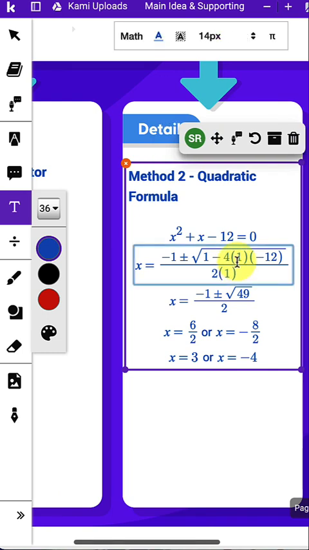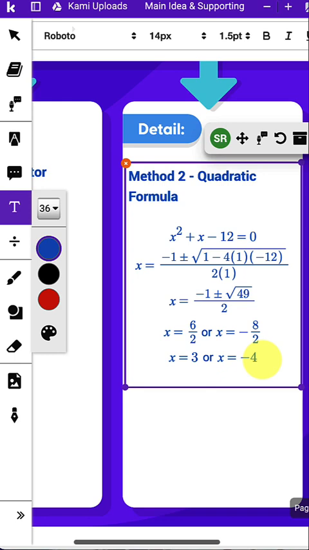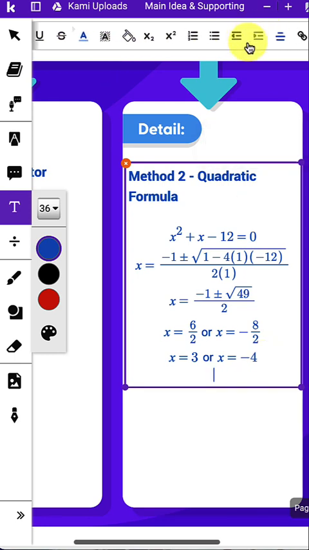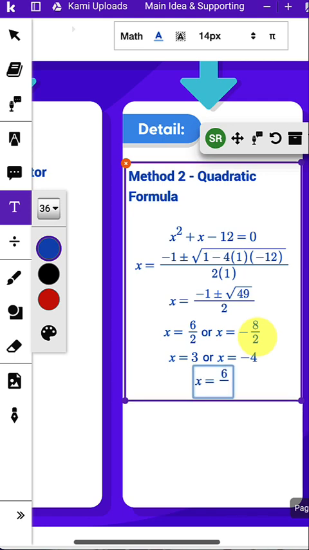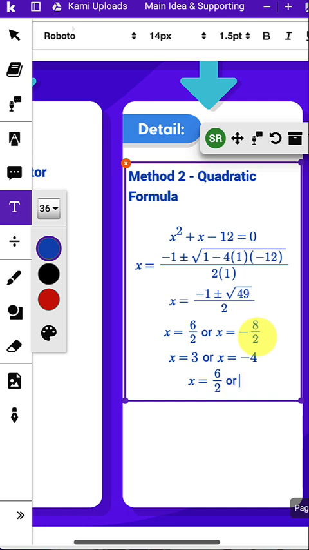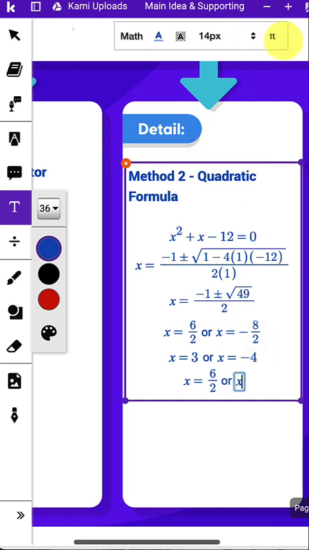So let me dig into how I did this one, which is a little more complex. To make another line, I just pressed the enter key. Then I went back over and just typed in a new equation for each separate line. So if I wanted to recreate this line right here, I said x equals 6 over, and as soon as I use the standard / division key on my keyboard, I can say 6 halves. And then to type in or, just press the right arrow key twice. So you go back to text and then select equation again, and we have x equals